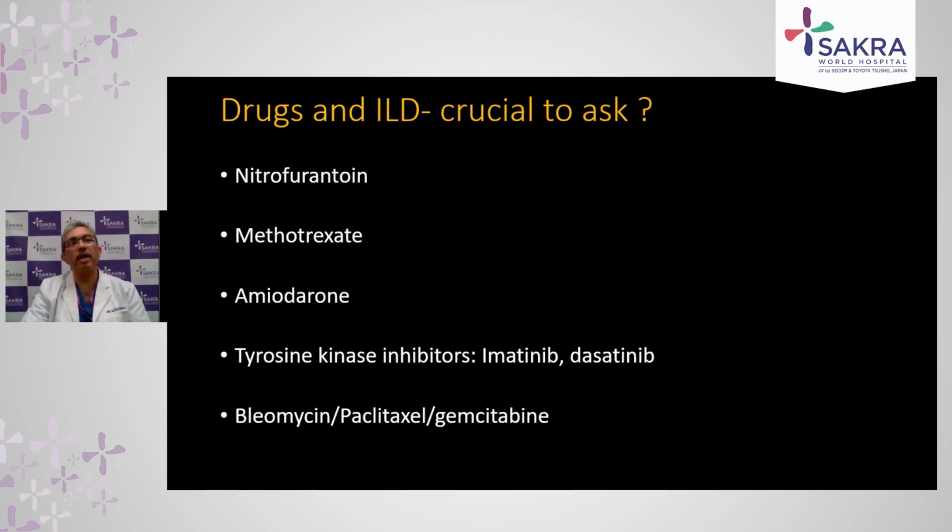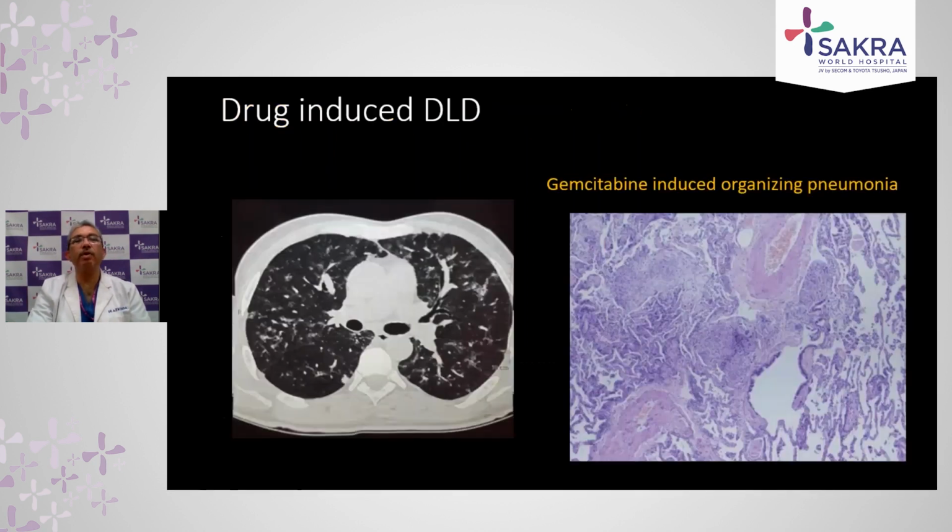Amiodarone, usually acute and chronic. Bleomycin, both acute and chronic. Other types of drugs in specific circumstances, like dasatinib, can also cause pleural effusion with interstitial involvement. So this is the limited list, but we had a patient who had gallbladder cancer, and this patient was referred